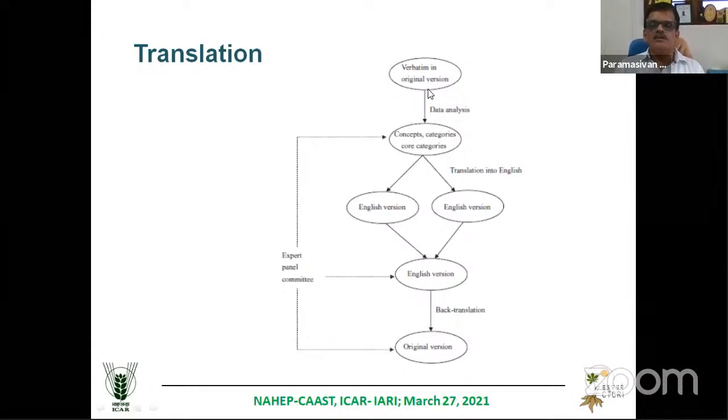Here you can see they are translating it, and again you are identifying coding and other categories at the beginning itself. Then the English version, and two English versions mean two people are doing it. And you are comparing both the versions received from the coders, and you have to compare whether the coders are doing it in a proper way. If it is not matching, you have to give it to a third coder, because there must be similarity in what codes they identified, what concepts they identified. Then you translate it to the original version. This is the way you have to do it at the translation level.